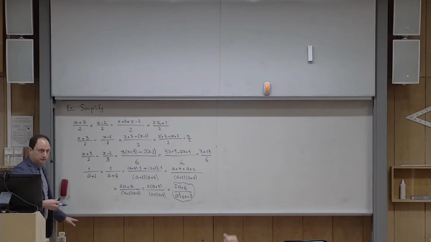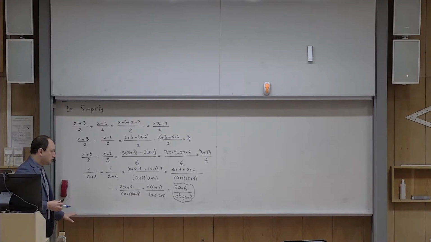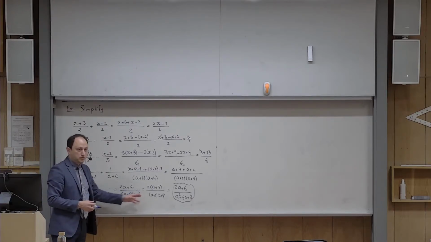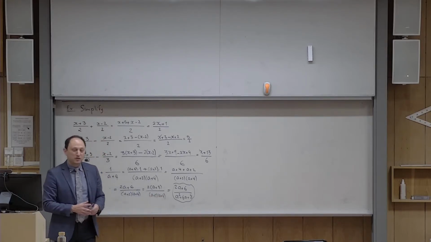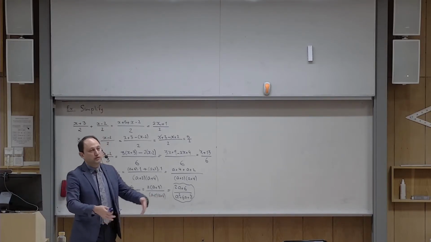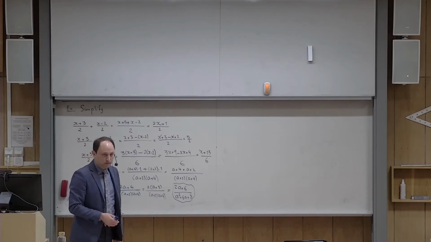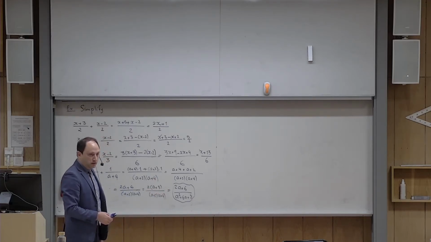Okay. Yes? Why weren't we supposed to multiply the a plus 2 and a plus 4 together? No, you are not. I told you. Yeah, but if you want, you can stop here, or stop there. I prefer to get rid of pairs of brackets, because usually when you say simplify, you want to get rid of pairs of brackets. Yeah, but you said that we weren't supposed to do it that early on into the